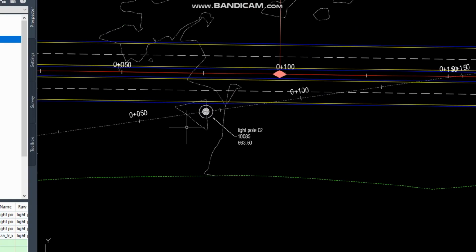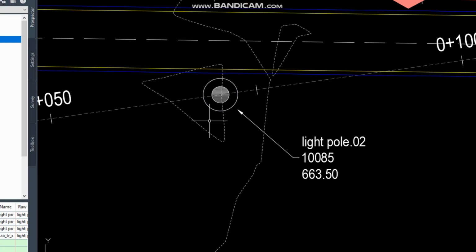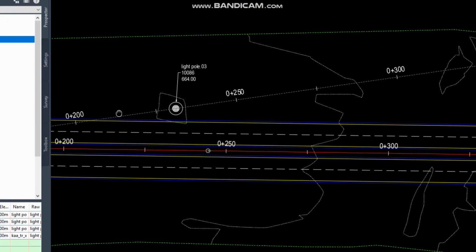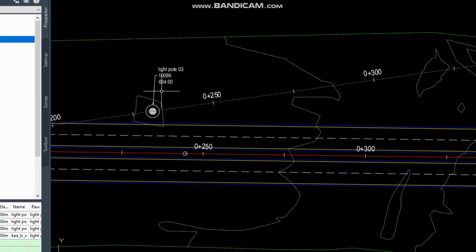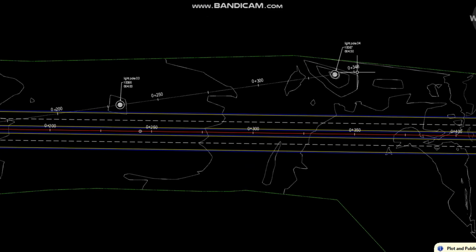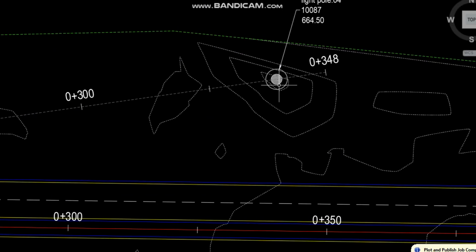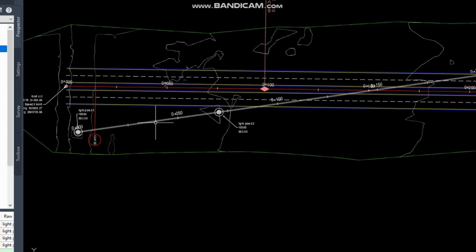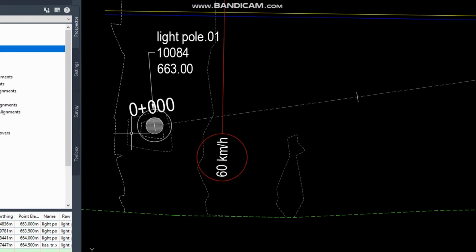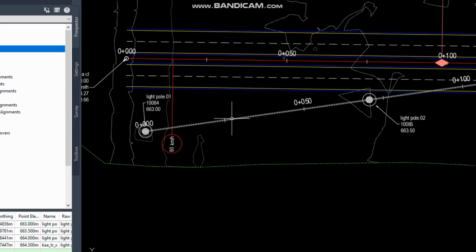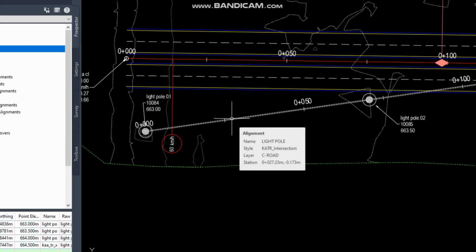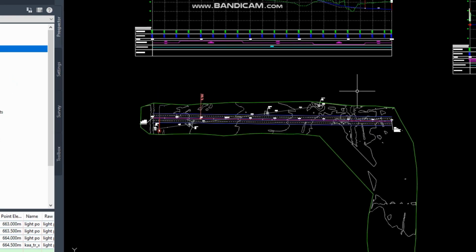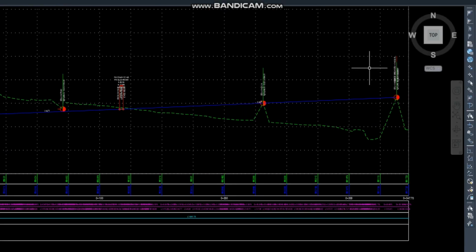So you want to project these light fall to our profile to know where this is, which station, and what is the elevation of these light fall. I have made this, suppose this is the cable connecting the light poles, so I gave a name to this alignment, light pole, and then I drew a profile